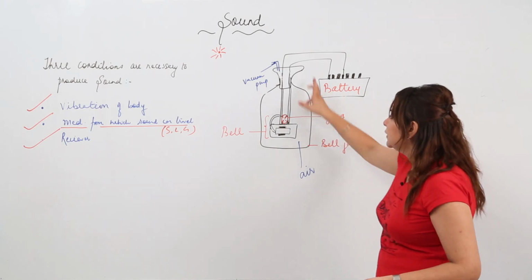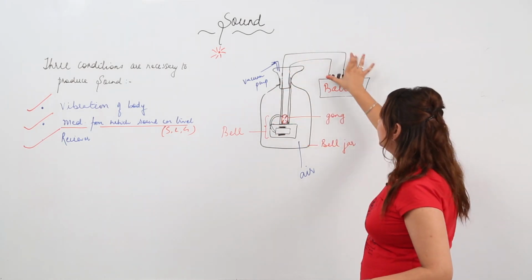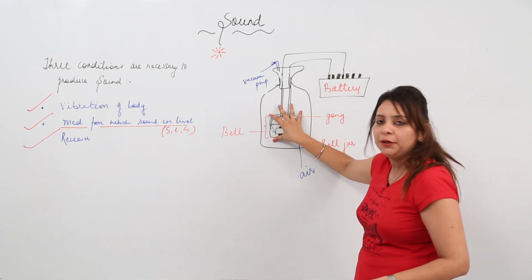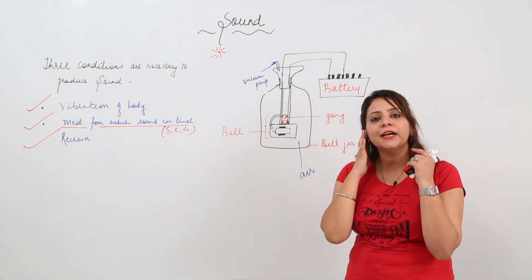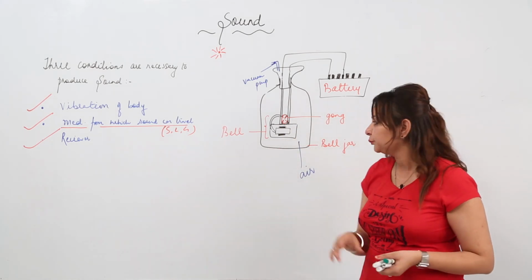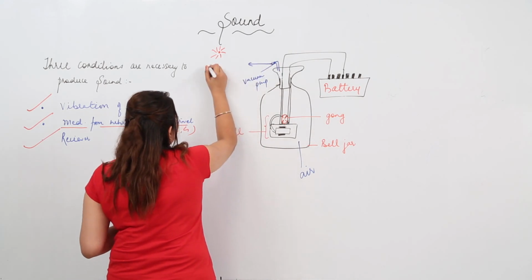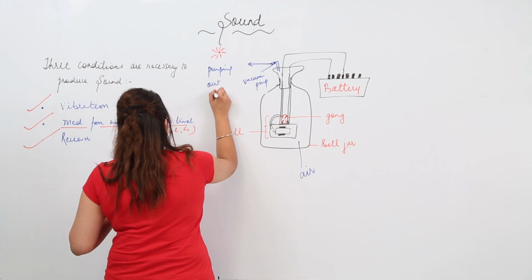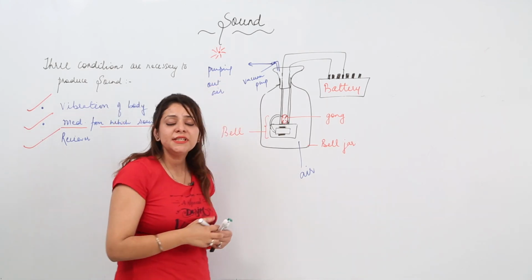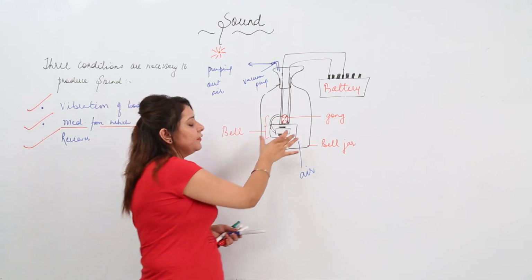Clear? Again, this is a bell jar. It has a bell and the bell is ringing because its terminals are connected to a battery. So the bell jar has air and there is a ringing bell, and we can actually hear the sound of that ringing bell. Now what we do, we start pumping out air. So we see that as we pump more and more air out, the sound of this ringing bell